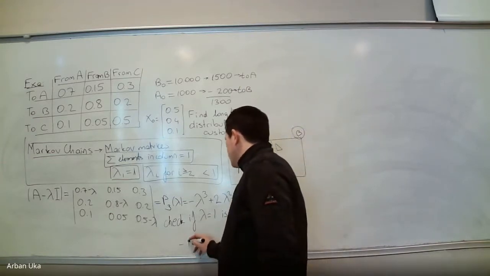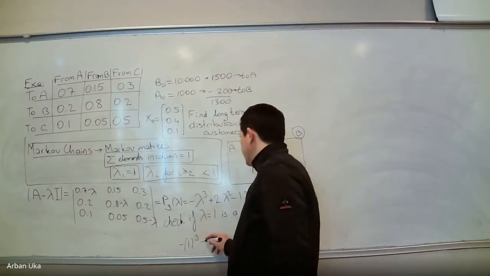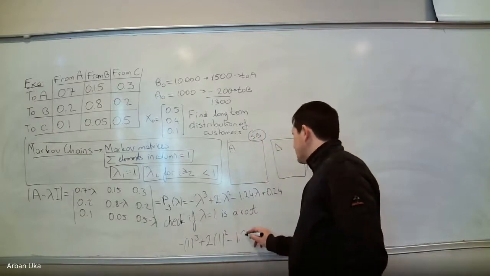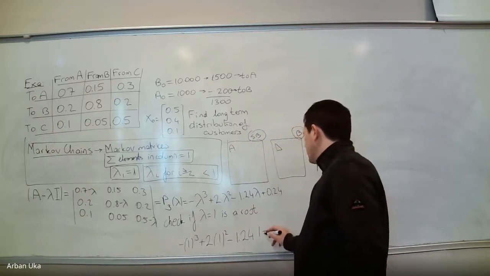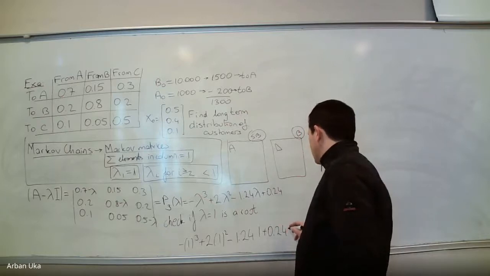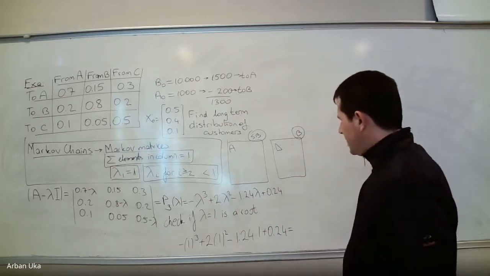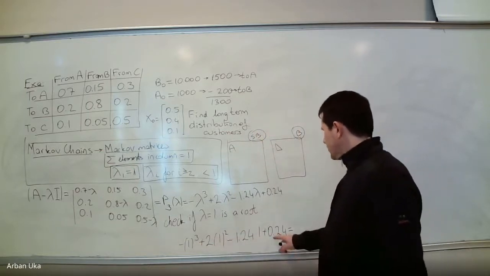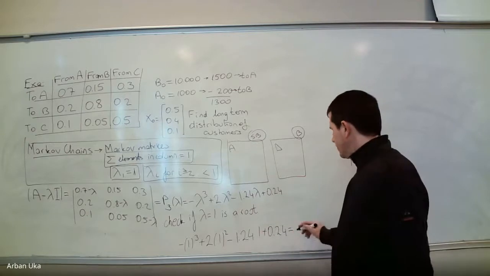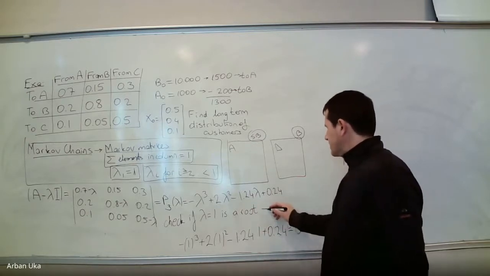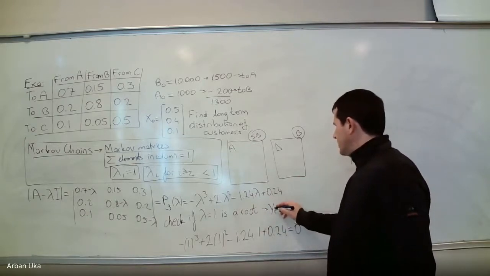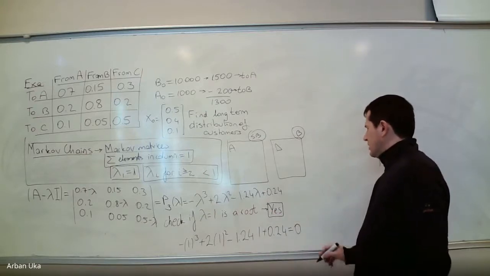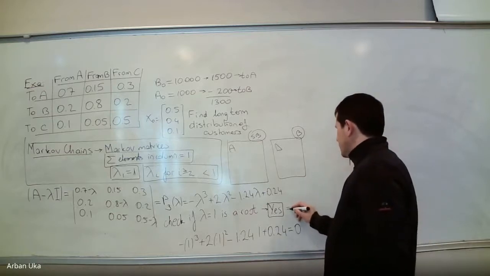So we have minus 1 to the power 3 plus 2 times 1 squared minus 1.24 times 1 plus 0.24. This is equal to, this is minus 1 plus 2, that's 1. 1 plus 0.24 minus 1.24, this is 0. So then we say yes. So apparently, lambda 1 is a root. If lambda 1 is a root, then, so we say yes, then